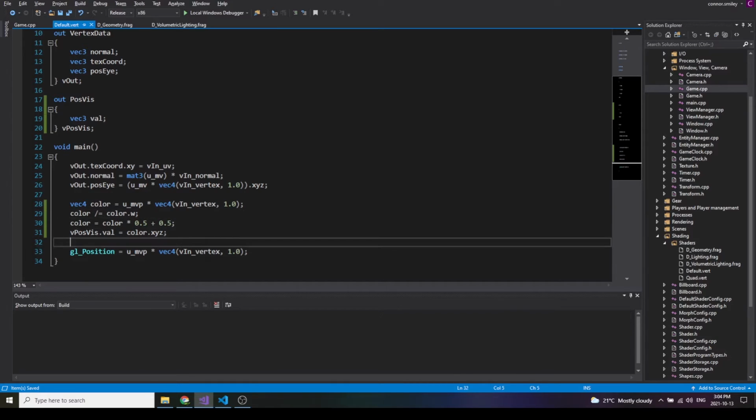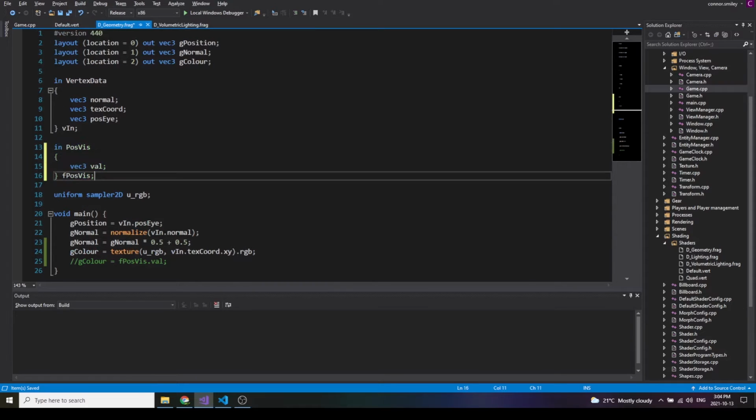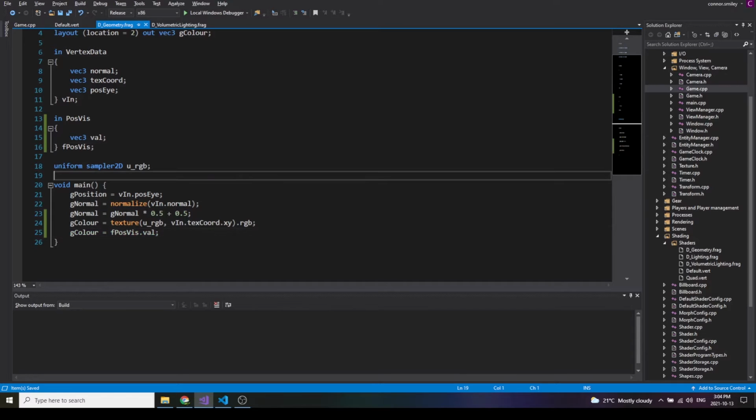So with this correction, if we jump back to our fragment shader and also uncomment the input, change up our color assignment, we'll see much more intuitive position information,